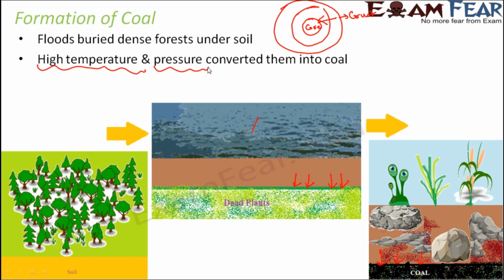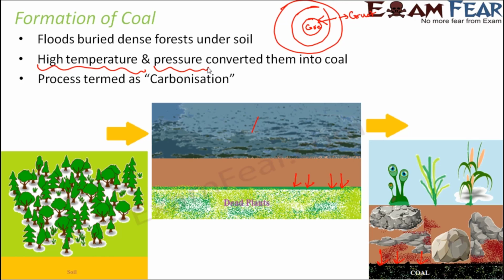That is not really feasible, because we do not have so much time. The process is so gradual that even if we create an atmosphere like this inside a laboratory, we cannot afford to spend millions of years, right? Because this process is extremely gradual, coal is a very precious resource, because it is exhaustible. At the same time, we cannot make coal artificially. So this is how coal was formed, and this entire process of coal formation